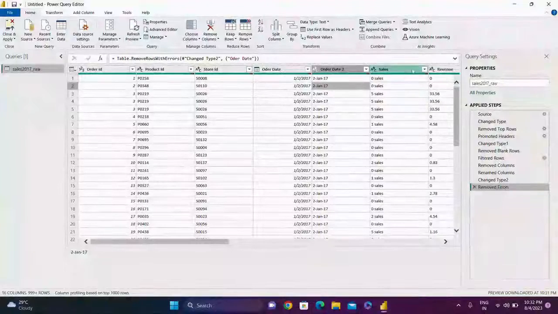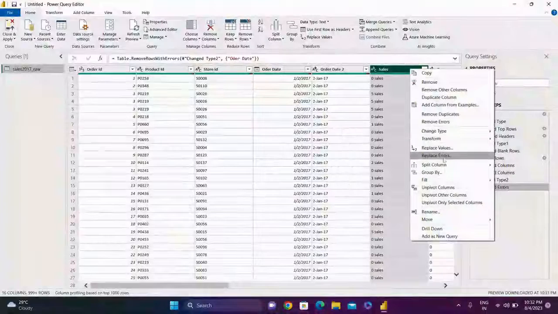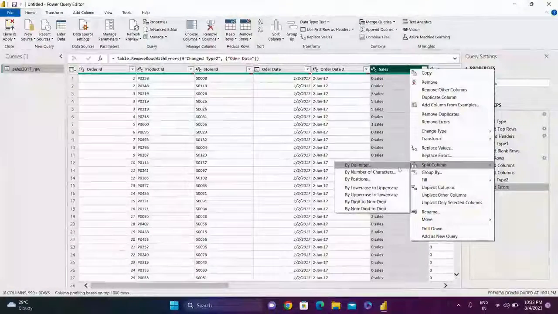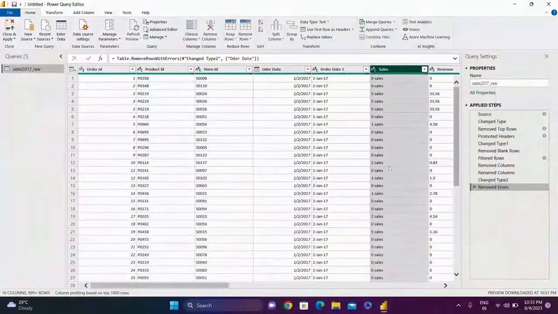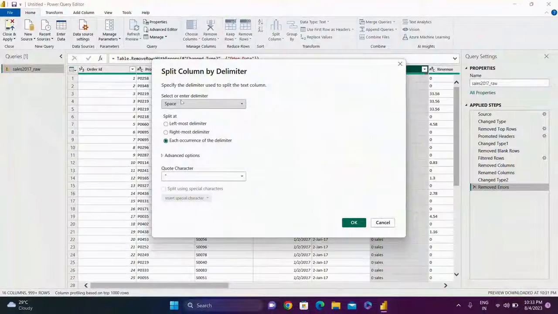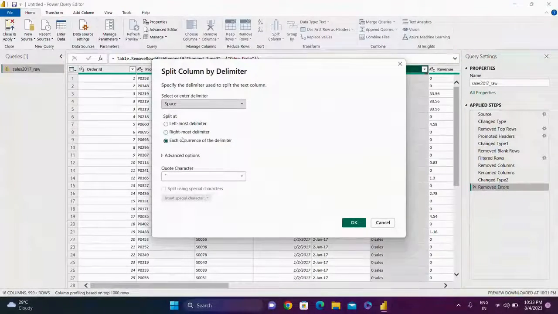So I'll right click on this, and here you can see I am getting an option of split column. I want to split column by delimiter. So I'll click by delimiter. And it has auto detected the delimiter, which is space. So it is giving me each occurrence of delimiter.